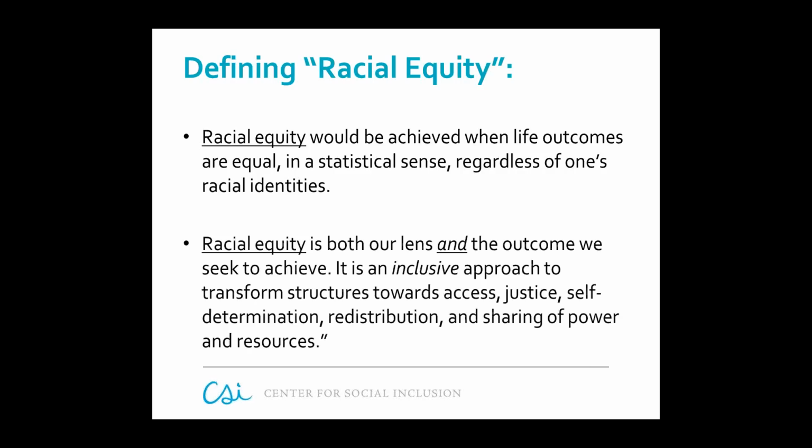Creating racially equitable communities means not only working to change systems so that they do not disproportionately benefit some over others based on one's racial identity, but it also means that the process by which we work towards shifting these systems towards a justice-oriented framework must include those communities that are doing the most poorly within systems, institutions, and structures based on race. In this sense, diversity in our strategies is one component of racial equity, but not the end-all, be-all. Diversity ensures inclusive representation, but racial equity requires a systems analysis and lens to ensure that we are transforming structures in a way that begins to chip away at the barriers to opportunity for many people of color.